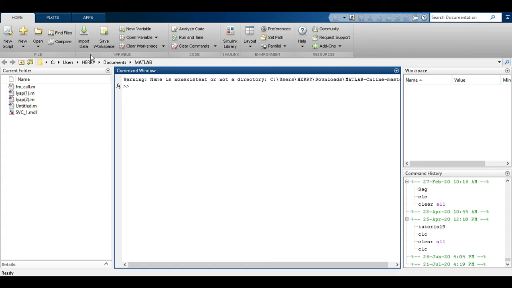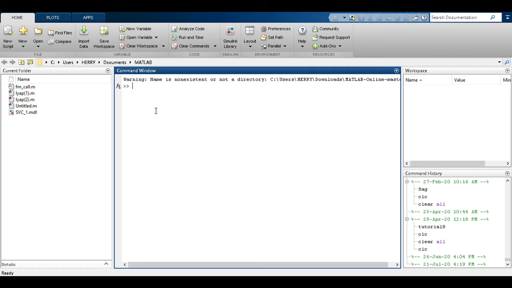Okay, so whenever you just launch MATLAB, this will show such kind of environment. On the left hand side you find the current folder. Here it is lab now 1, lab now 2, untitled, and some simulation. Whenever you make one program and save it, the extension of your MATLAB program will be .m file. If you are dealing with some simulation, then it will be .mdl.